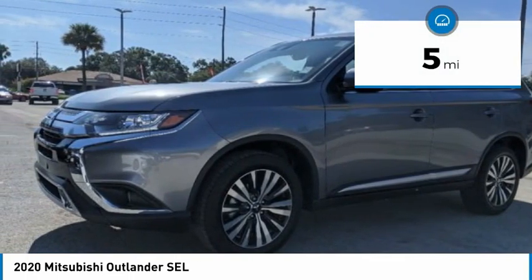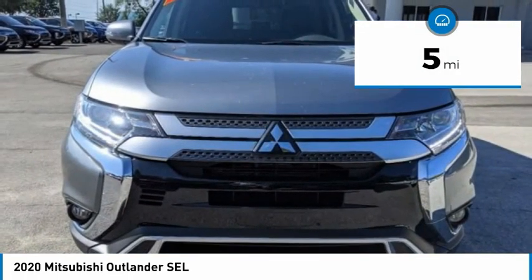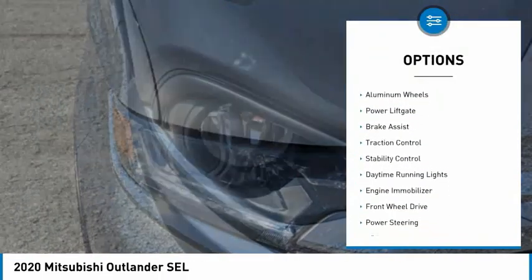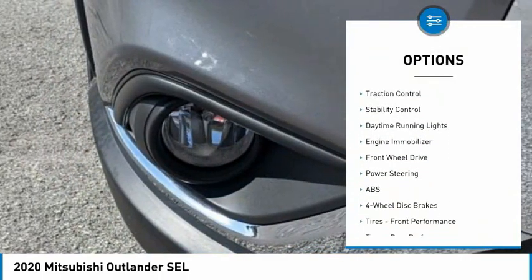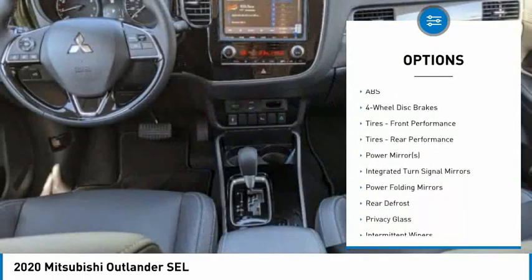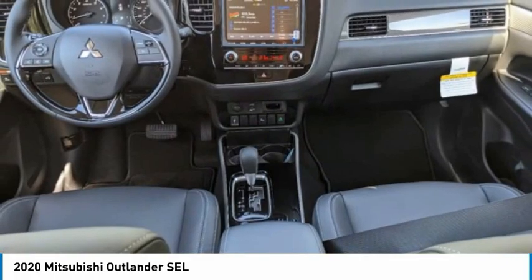This vehicle has less than 100 miles. Here are some of this vehicle's great options: tire pressure monitor, blind spot monitor, heated mirrors, aluminum wheels, power lift gate, brake assist, traction control, stability control, daytime running lights, engine